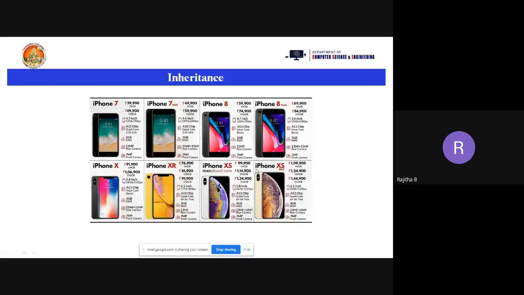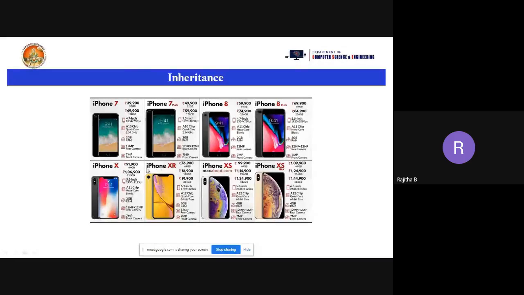It is 64 GB, and XS Max is also having 64 GB, and it is having 256 gigabytes. And suppose if you are taking the screen, it is different now here. It is 5.8 inches and it is 6.5 inches. Now the RAM is the same here, 4 GB and 4 GB. Means we are taking some of the features from the XS and we are implementing the new version, that is the XS Max.